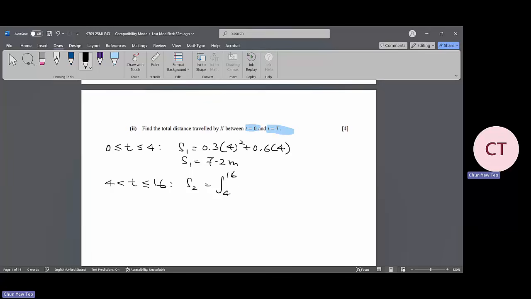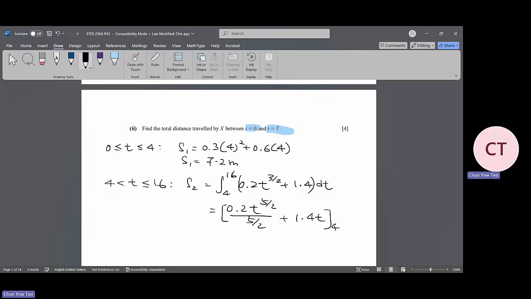Just now the velocity is 0.2 t power 3 over 2 plus 1.4. So we need to integrate the whole thing over here. You will get 0.2 t power 5 over 2 divided by 5 over 2 plus 1.4 t